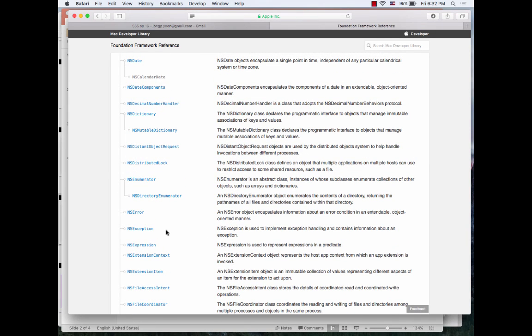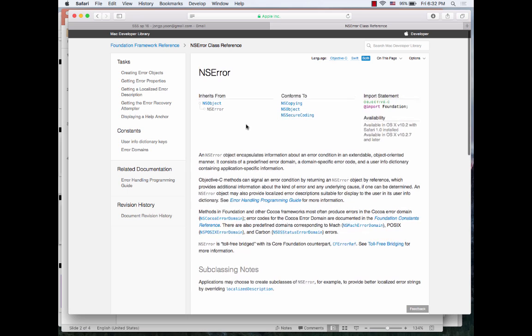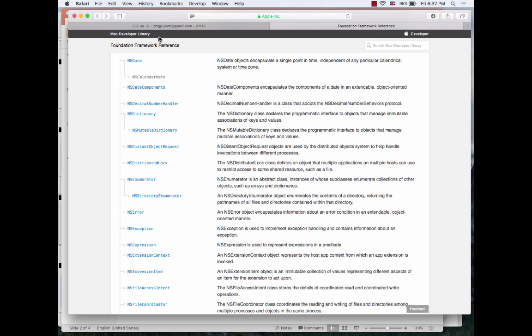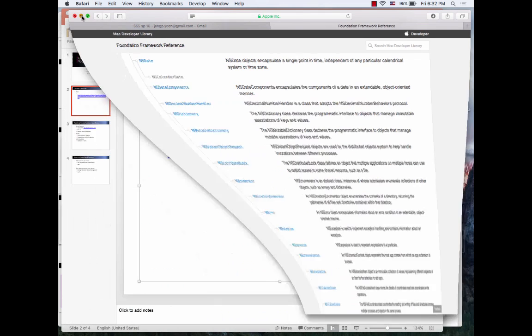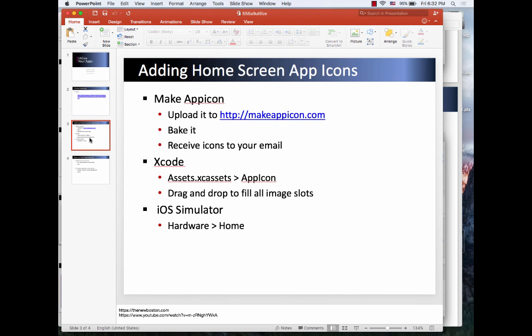For example, NSError, then you can see all the information about that class. So that is, I think, maybe useful for you to follow. Another thing here,